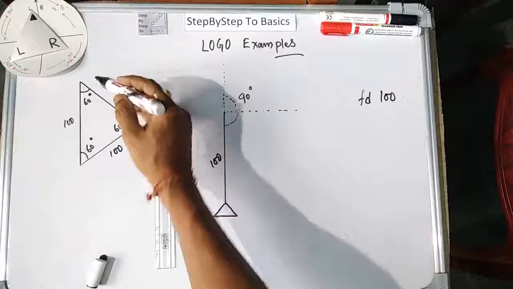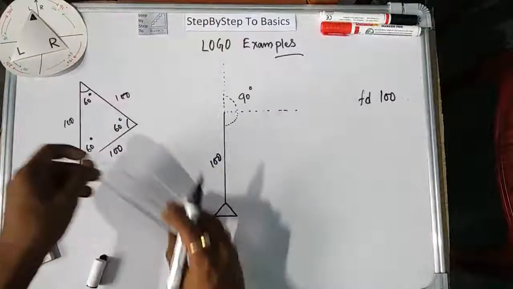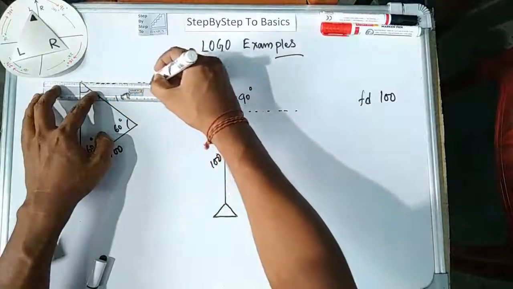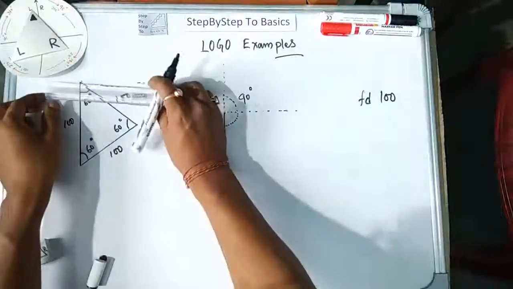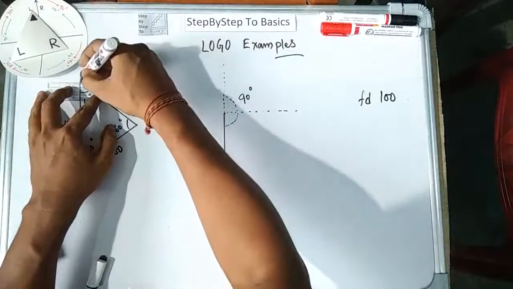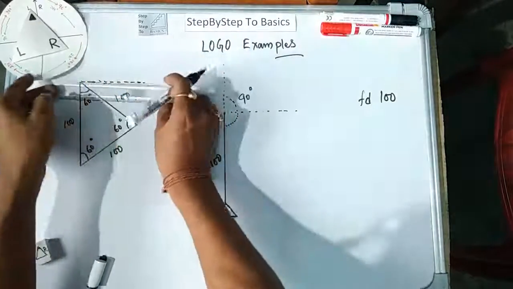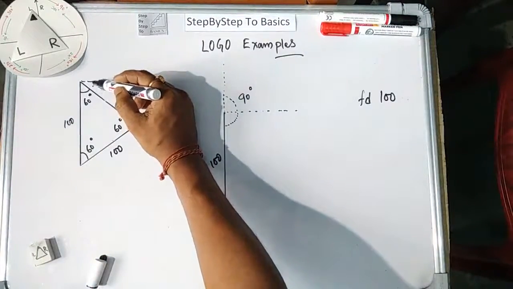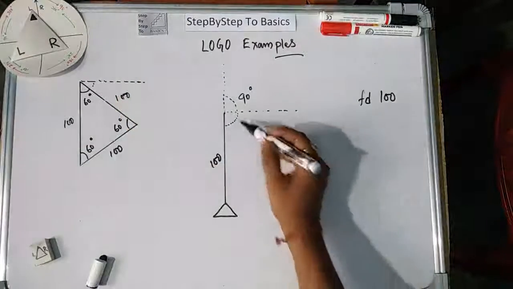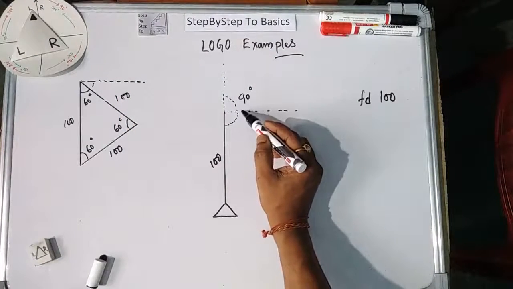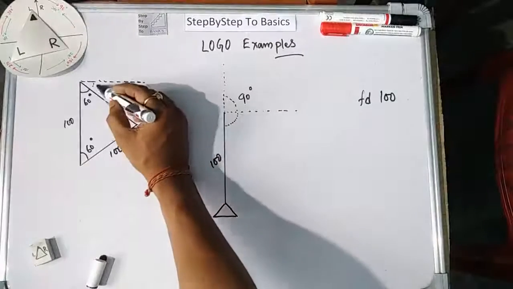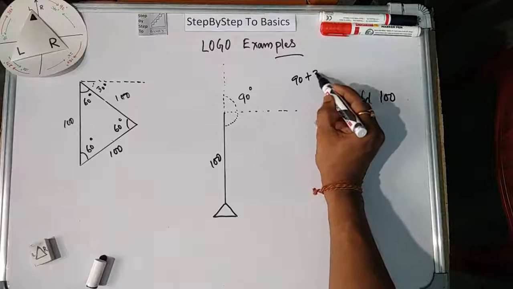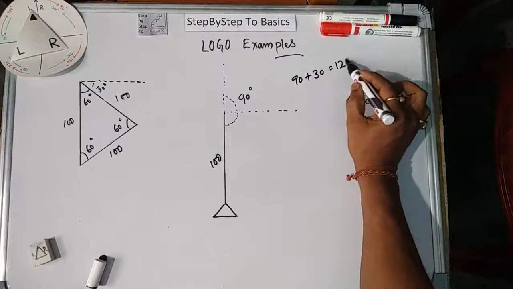So outside it will be, say if I draw a straight line like this from here, imagine there is a straight line. It means this is 60 and this much will be how much? This much will be 30. So 90 degree, I have to bend, there is no doubt, but additionally I have to bend it 30 degree more. So it will be 90 degree plus 30 degree, it will be 120 degree.